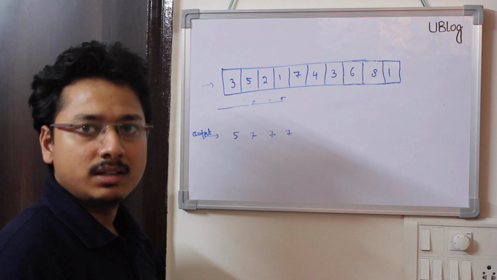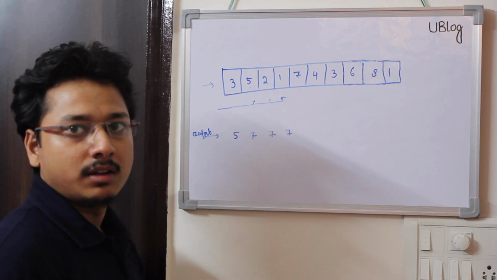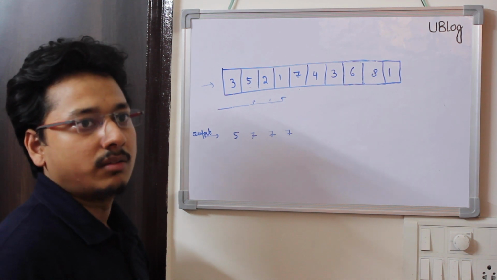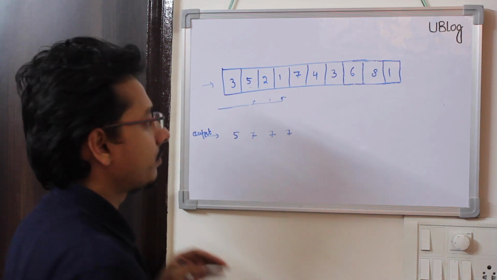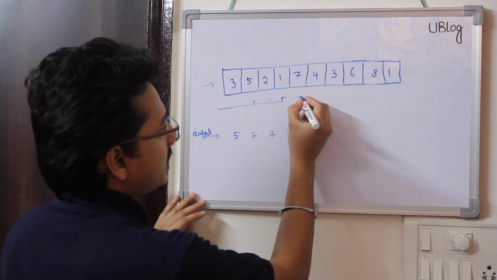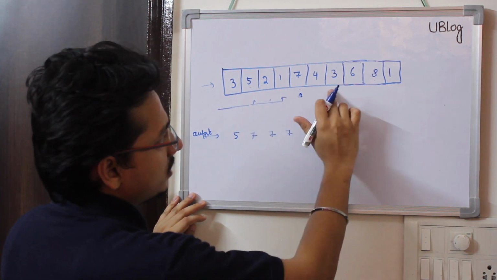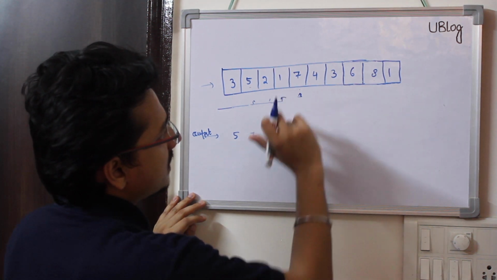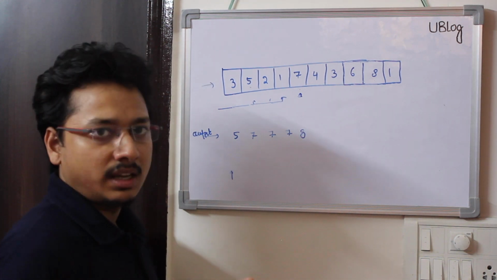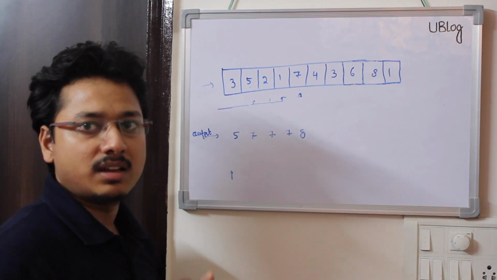One more thing to note here is if there is an element in the array for which there does not exist a next greater element, for example the last element will never have a next greater element, in those cases we are going to print -1, which means there is no next greater element for that element. When I'm at 7, I'll compare all the elements. 4 is not greater, 6 is not greater, 3 is not greater, 6 is not greater, then 8 is greater than 7. So for 7, 8 is the next greater element. We can use the short form NGE for next greater element.